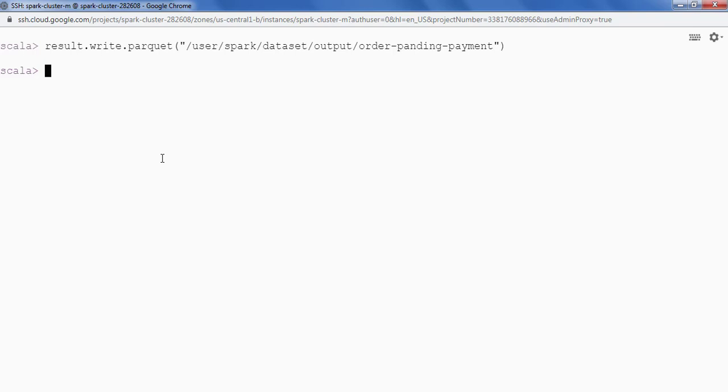So I'll say result.write.option, and inside option I'll be specifying my compression as gzip. Then, if you want to overwrite the data you can do that, or I'll save the data in a different location. Dot parquet and providing the path.